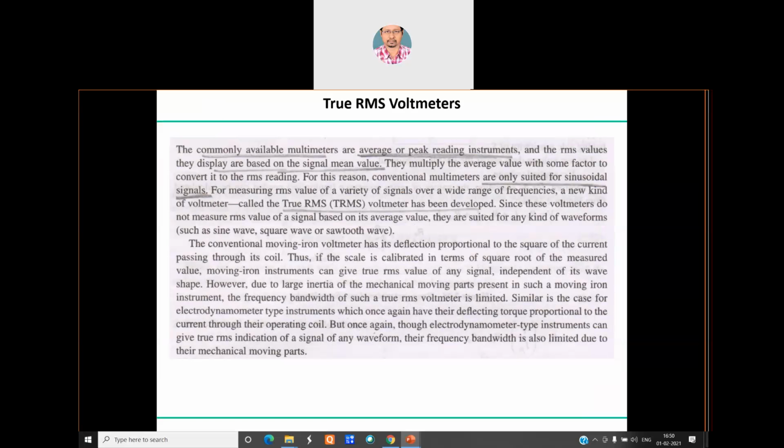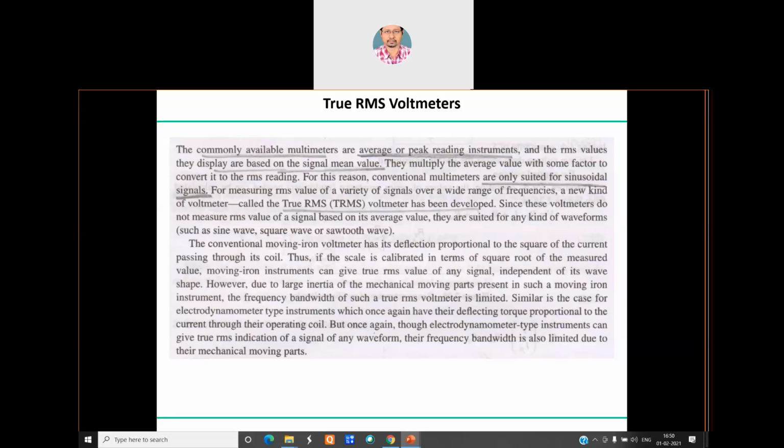One of the topics we shall discuss is the true RMS voltmeter. Okay. Now, what is a true RMS voltmeter? Whatever voltmeters we have been seeing right now measure the average or the peak value of the reading. When you go to the market or a vendor and ask for a voltmeter, they will offer you two different kinds of voltmeters. One voltmeter is very cheap, and the other is the true RMS voltmeter, which can not only measure the average or peak value, but can give you the proper, true RMS reading across all measurements.